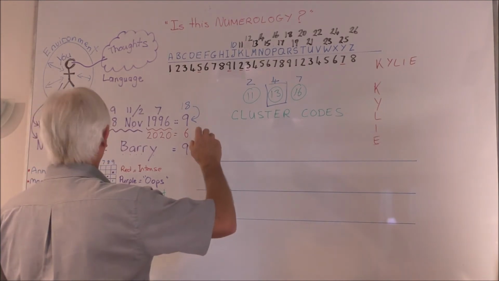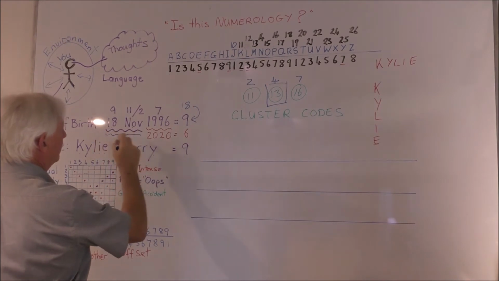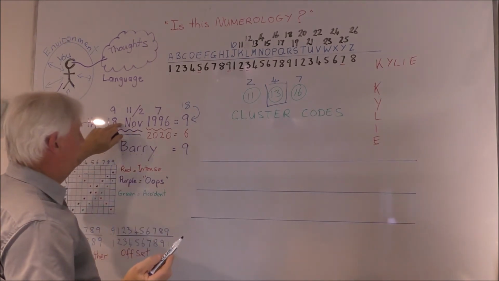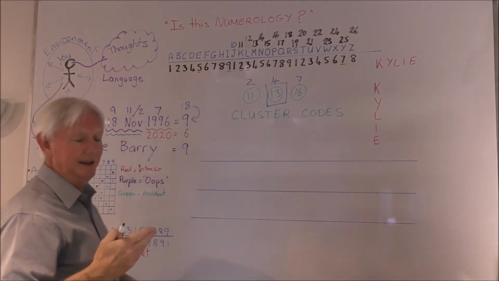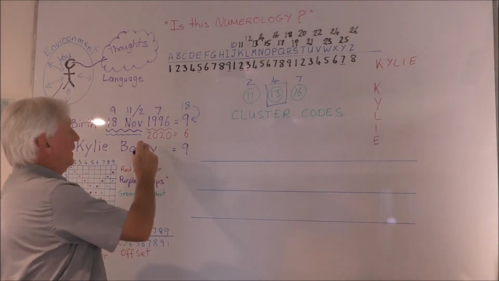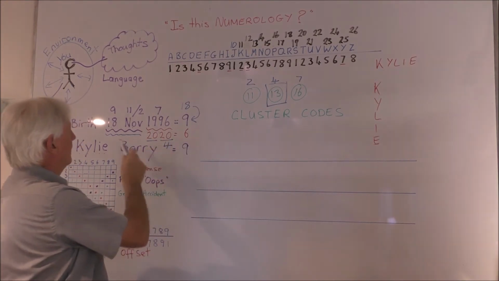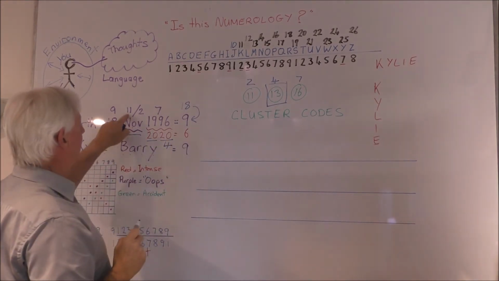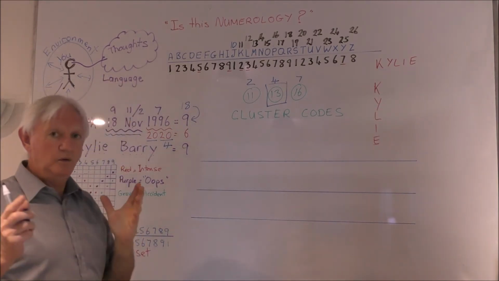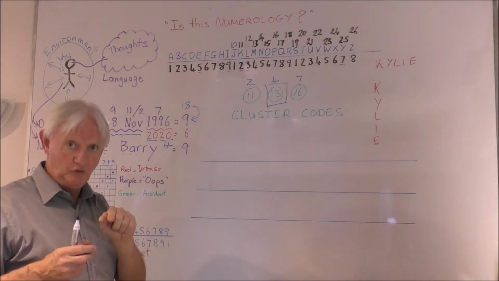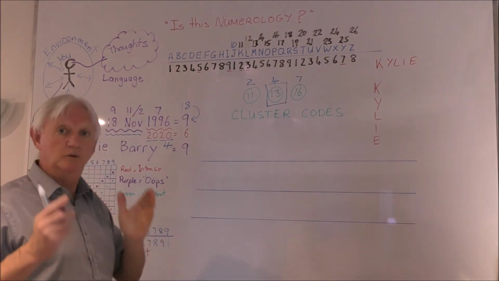So, when we're looking at a person's name, or up here at a birth date, we could say that this Kylie has a birthday on the 18th of November. Last year, because it's now 2020, will have the 18th of November again as their birthday, but in this year. Now, 2020 is 2, and 2 is 4. 1 and 8 is 9, and November is 2. So if we add those two numbers together, the 9 and the 11, 9 and 11 is 20, which is 2 if you add the 0 and the 2 up, or 9 and 2 is also 11, which comes to a 2 anyway.